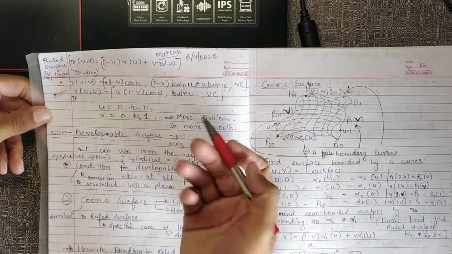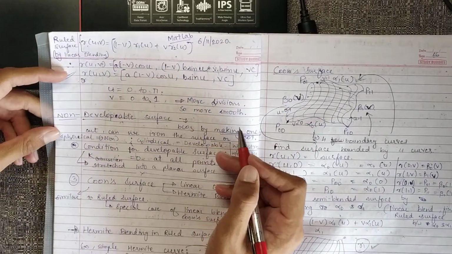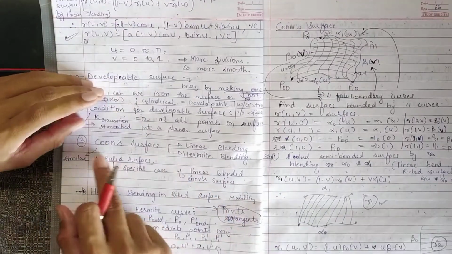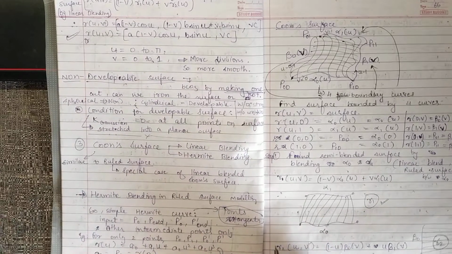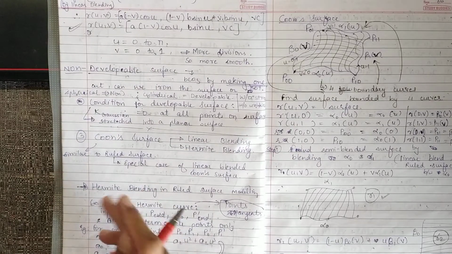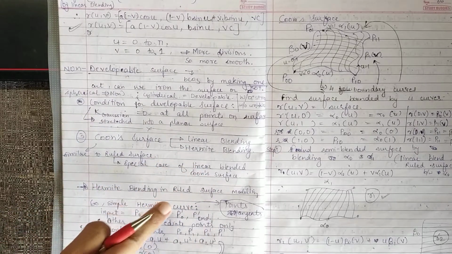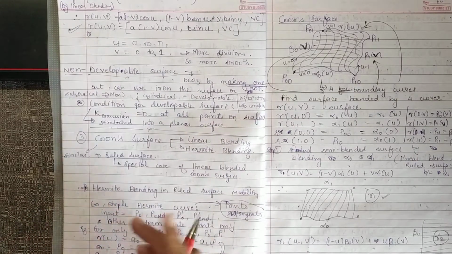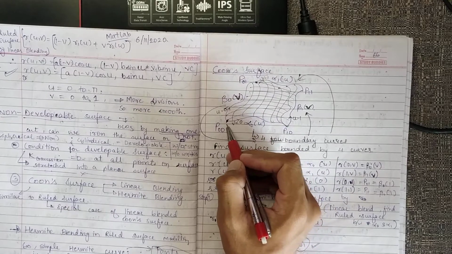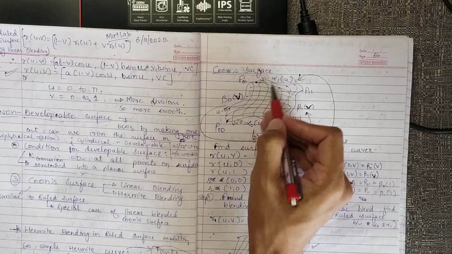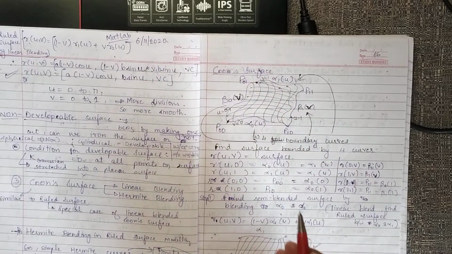Another example could be like there could be many examples. And then the third thing is the Coons surface. Here we should understand it by continuation, like a continuation from a curve. So we define a curve by the end points. So we define a surface by the end curves here. So this is the surface. So we are defining it using these curves. So alpha naught, alpha 1, beta naught and beta 1. That is two curves.